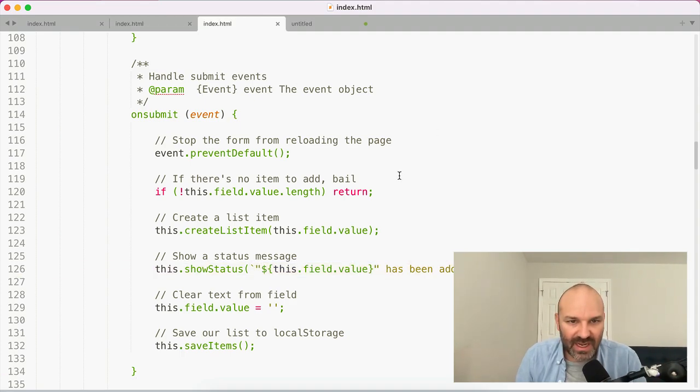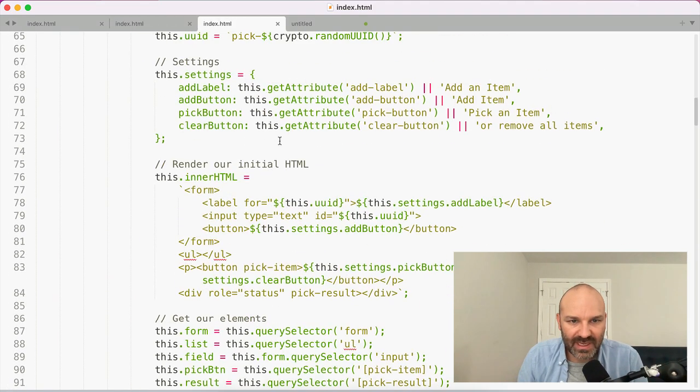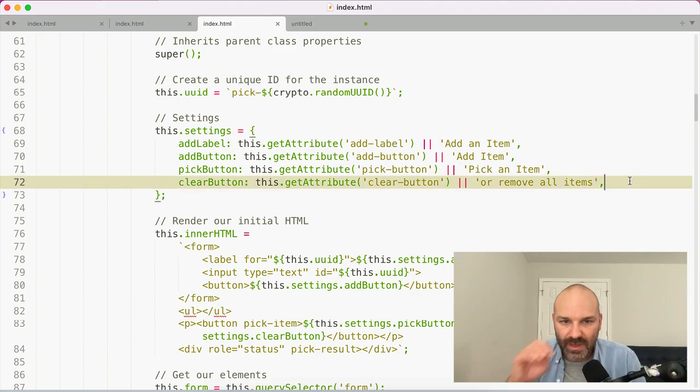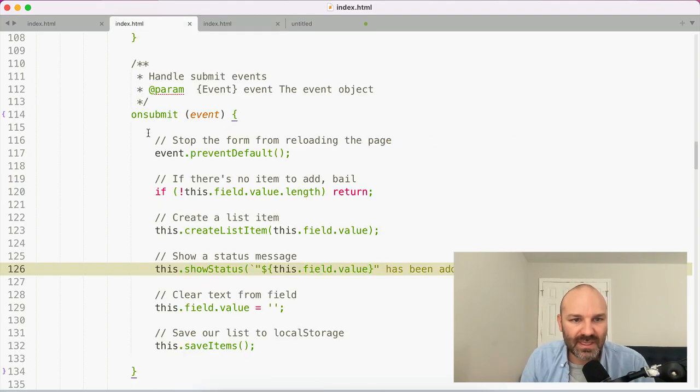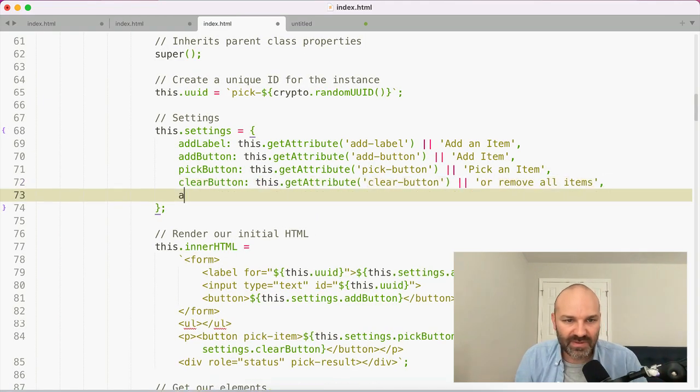One of the things I like to do, I'm going to open this up so we can keep multiple things open now. This is the add status, is what I'll call that. So we've got add status, and we're going to say this get attribute add status or